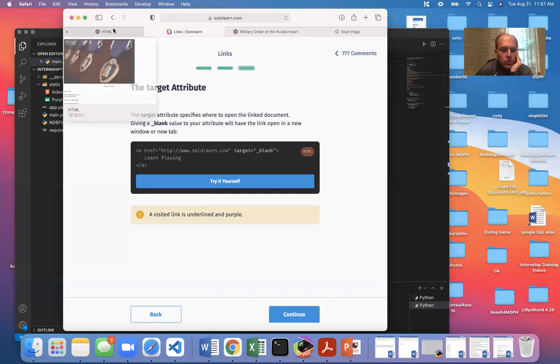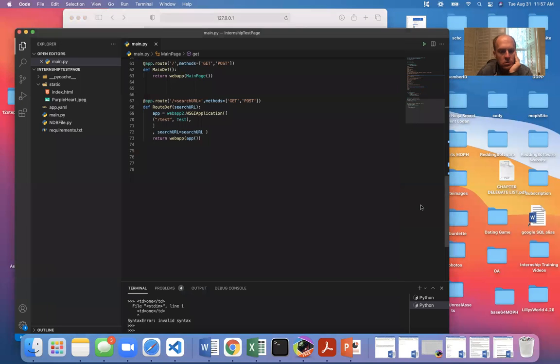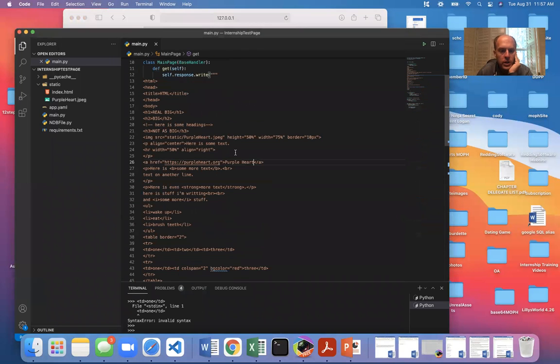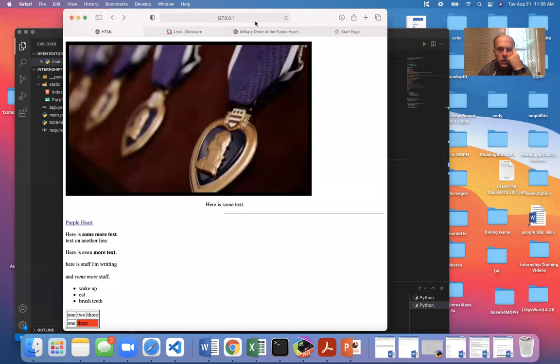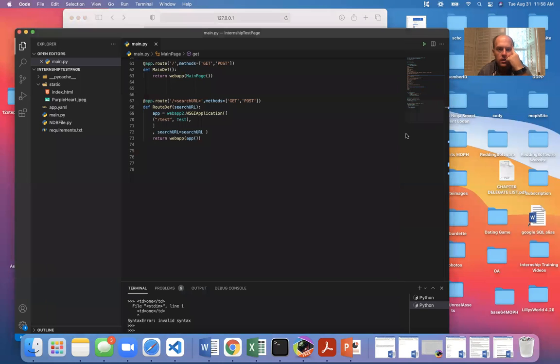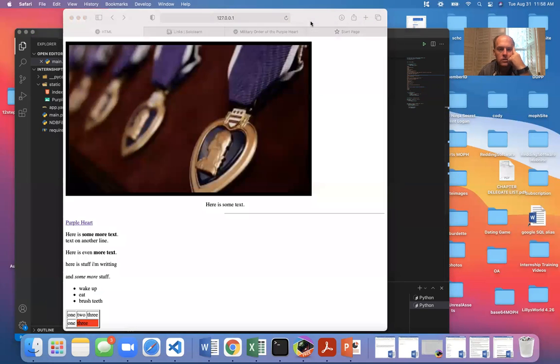So you don't always want it to open in the same browser window you're using, because then the page you're on is gone unless you click back. But if you add target equals underscore blank, now let's refresh it and I save it. So now when we click it,